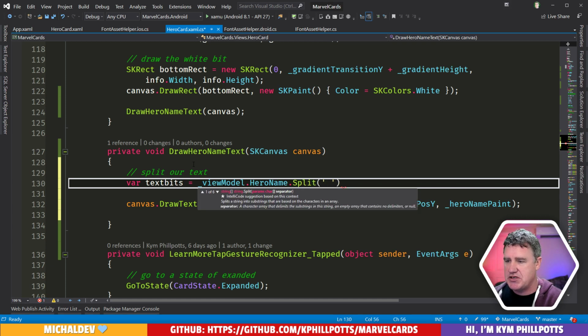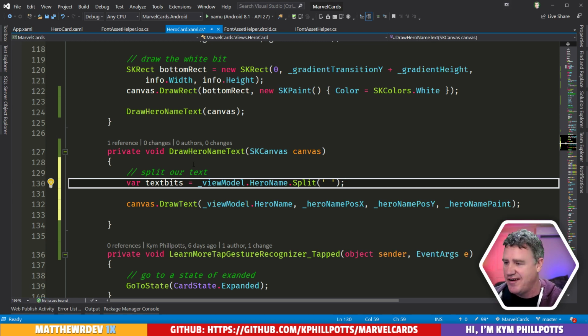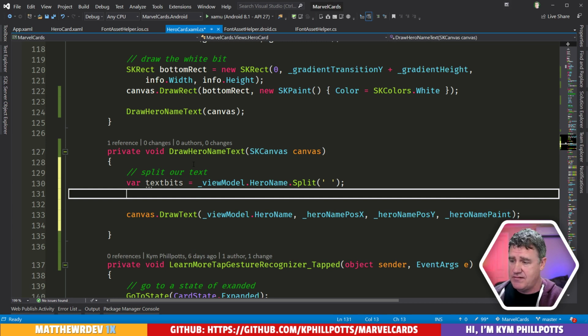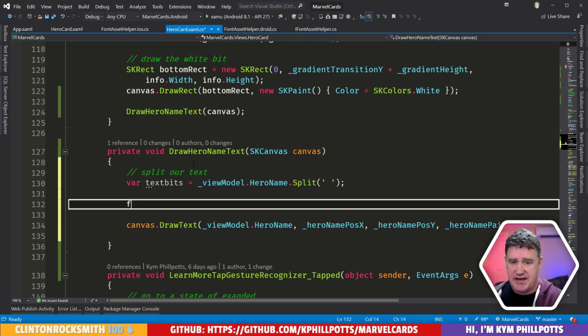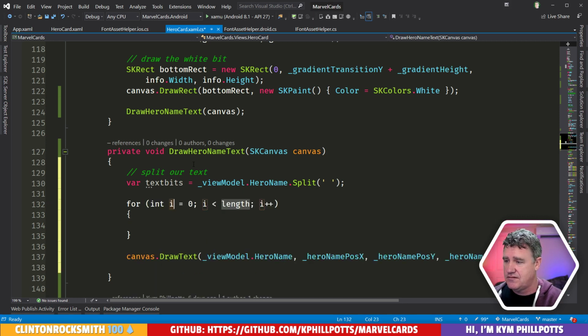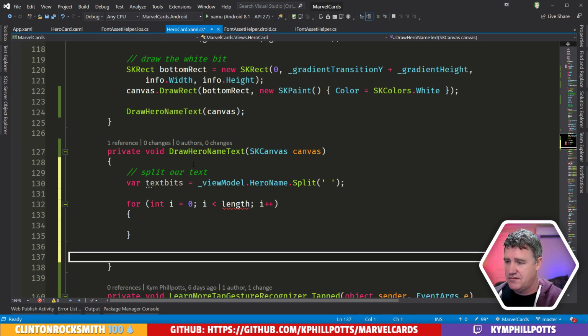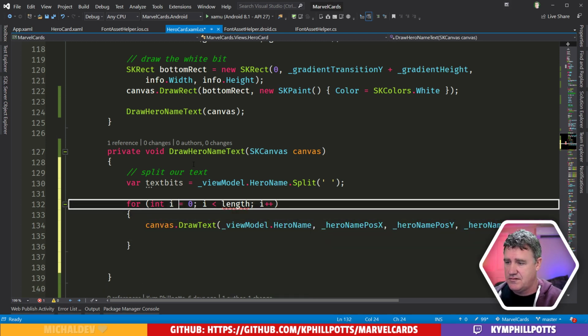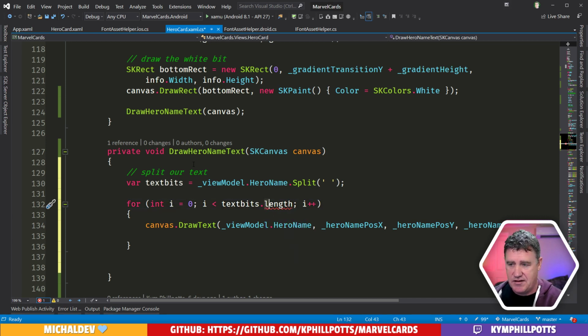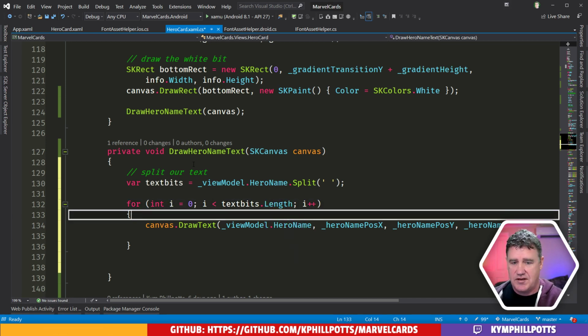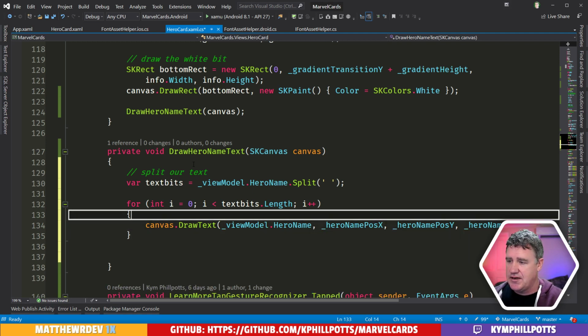We're making a pretty bold assumption here that every hero consists of 2 words. We'll just go with that for the moment. And we'll say, let's split it on a space. And then we'll draw each of the bits of text. We'll say for each of these, text bits dot length. Okay. Let's go and